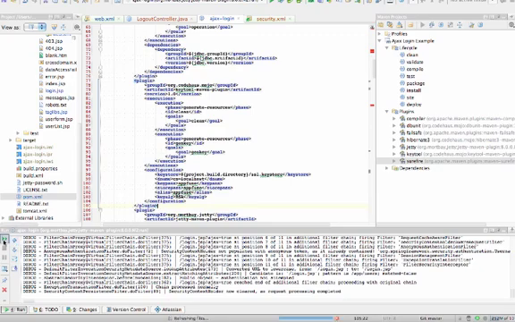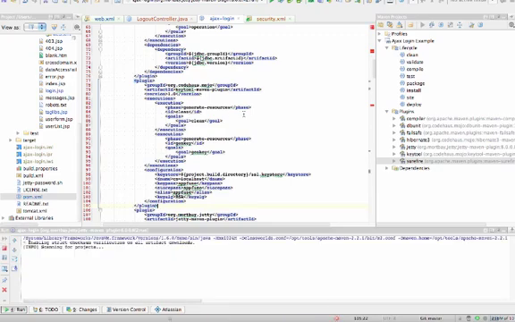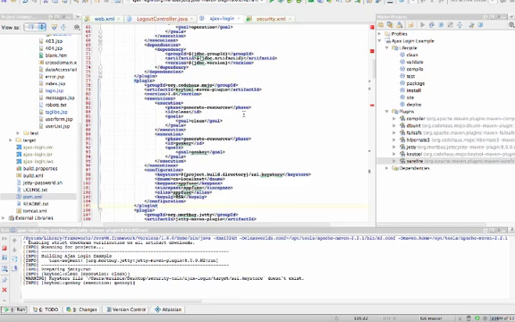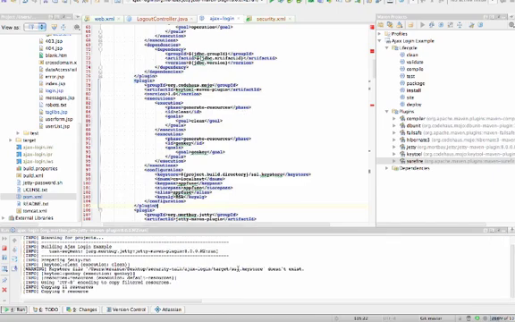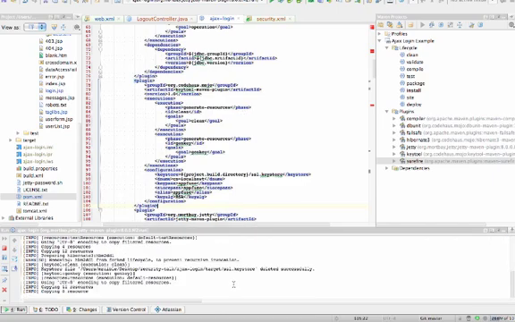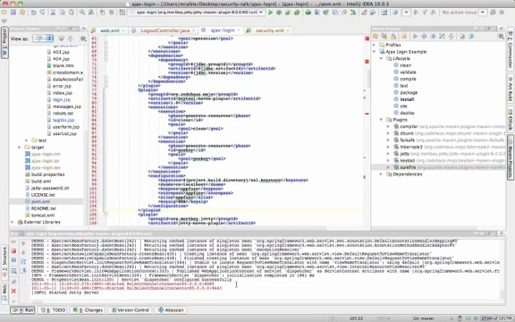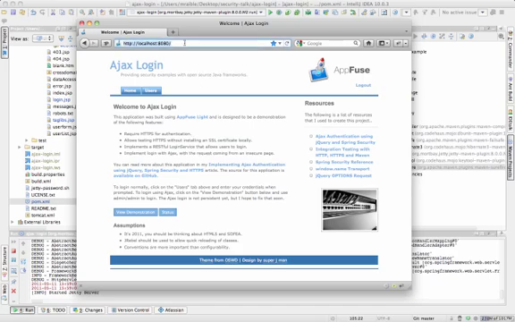Now that we've done that, we can start our server up. You can see that the keystore doesn't exist, creates it, and our app is started. Now if we go to Firefox and we go to localhost 8080,